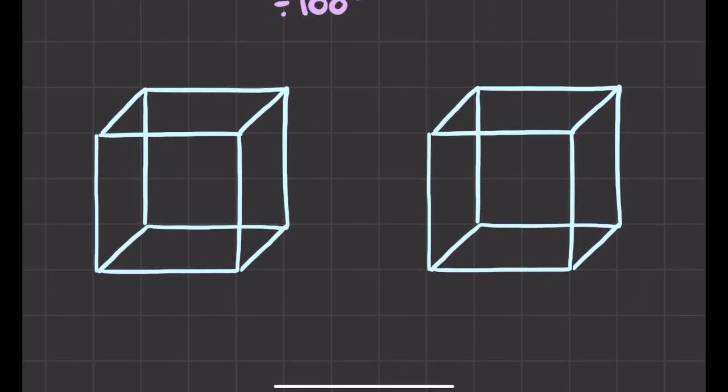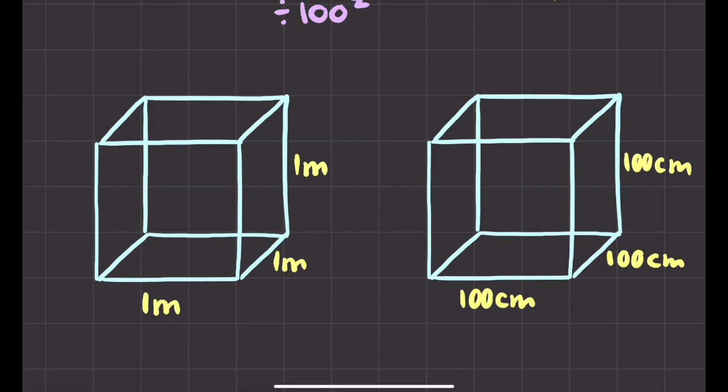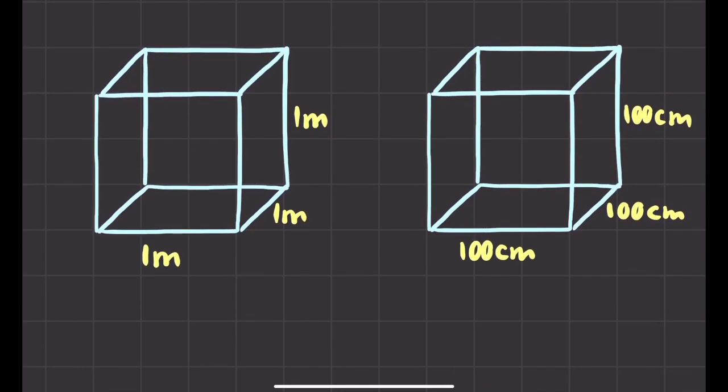Now this is the bit where it gets a bit newer, because we haven't done this yet, but we can apply the same principles again to a cube. So let's say I've got a 1 meter by 1 meter by 1 meter cube. If I had an identical cube but just wrote it in centimeters, I'd have 100 centimeters by 100 centimeters by 100 centimeters. So what would my volumes be? 1 times 1 times 1 is 1, so that'll be 1 meter cubed, and that would be the same as 100 times 100 times 100, so that's 1 with 6 zeros after it. A million